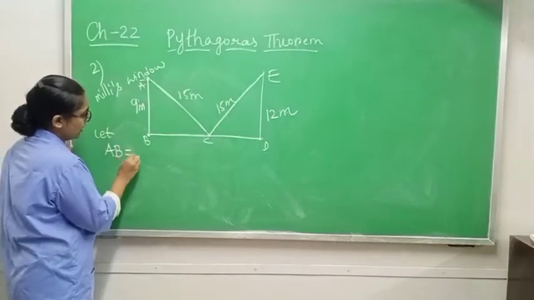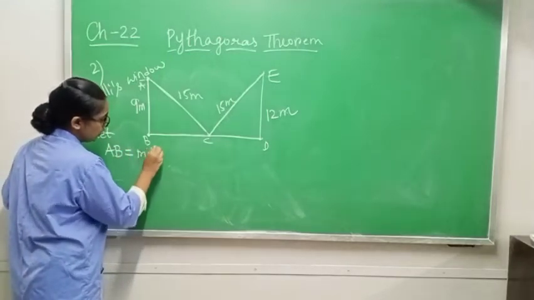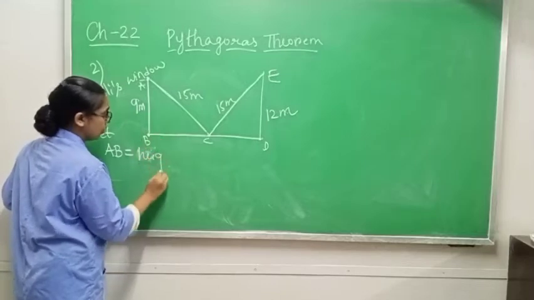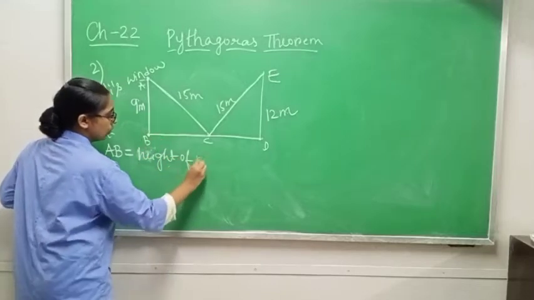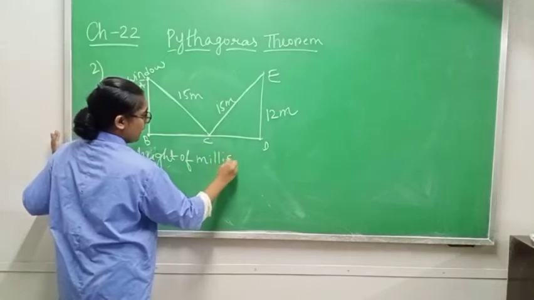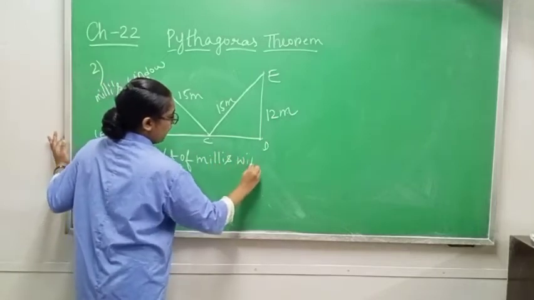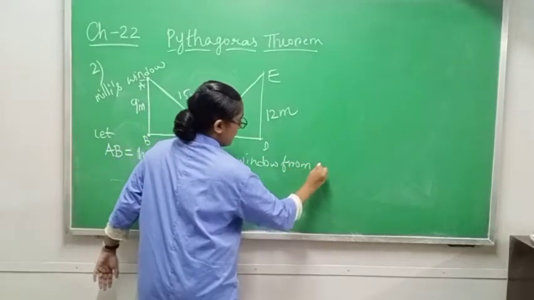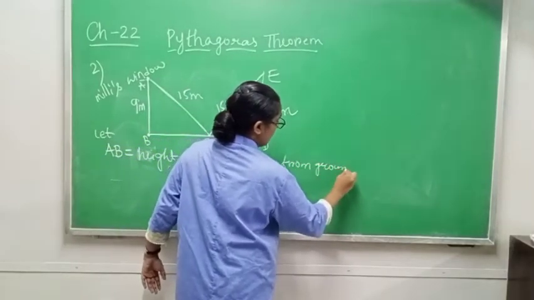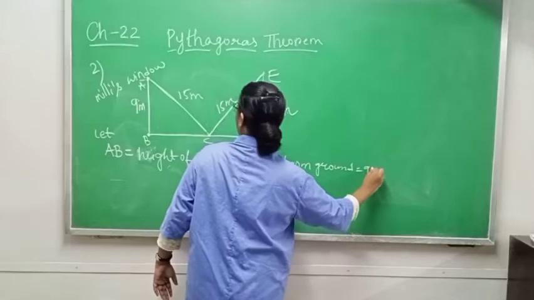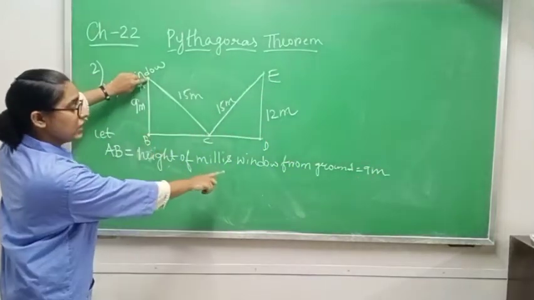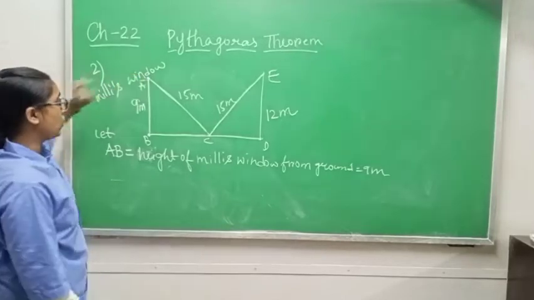Let AB equal to the height of Millie's window from the ground, which is 9 meter. So AB equals the height of Millie's window from the ground. Now